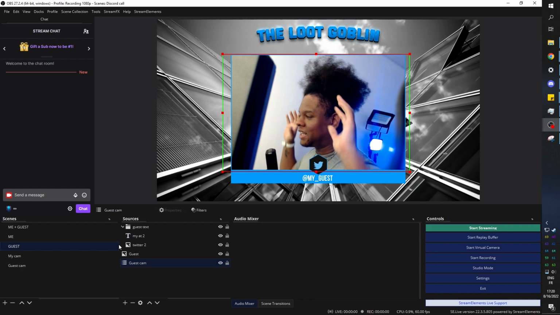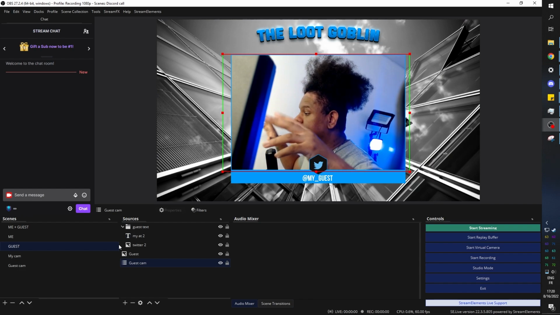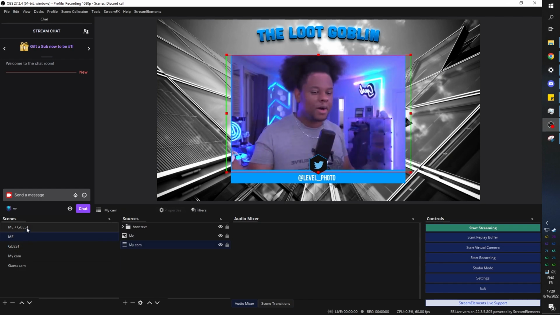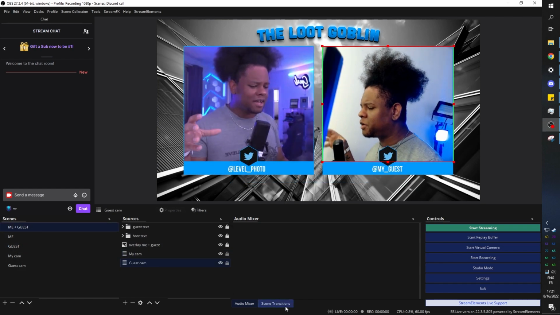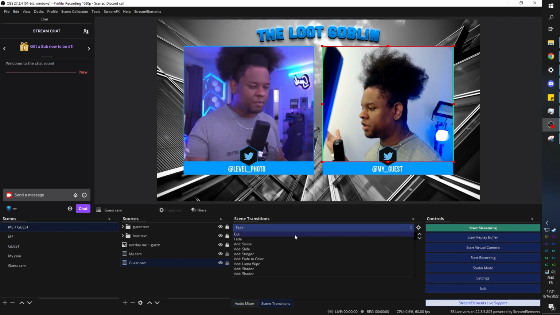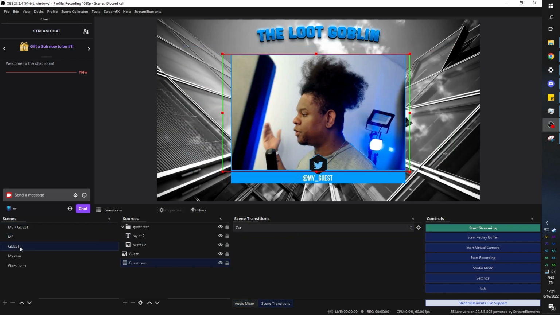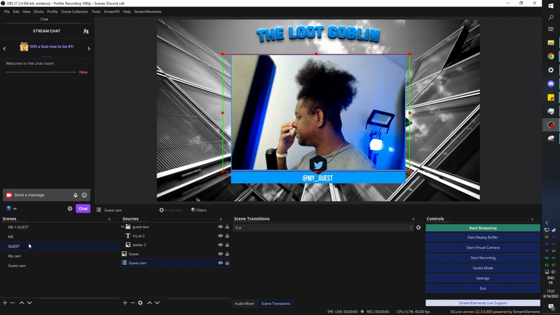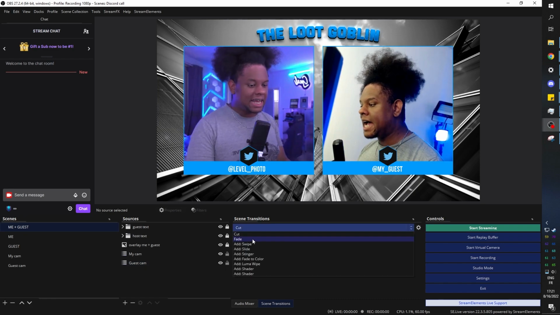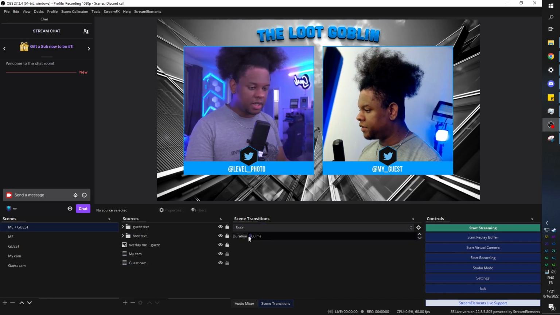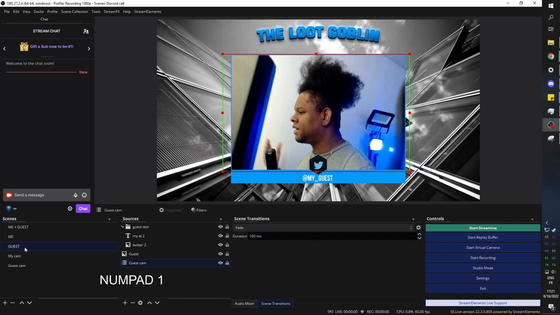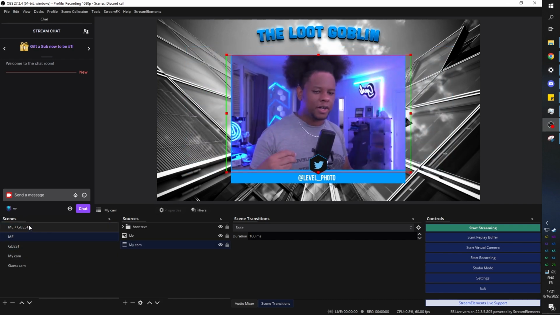So the last step is to add keyboard shortcuts in order to switch in between those. Of course, while you're talking, you can definitely just click on those. I have a little fade transition going on. So if you go to scene transition, you can put cut instead. Maybe it's a little better, but basically, this is it. I like having a little bit of a fade. You can even lower the number here, and that way it feels slightly more natural, right?